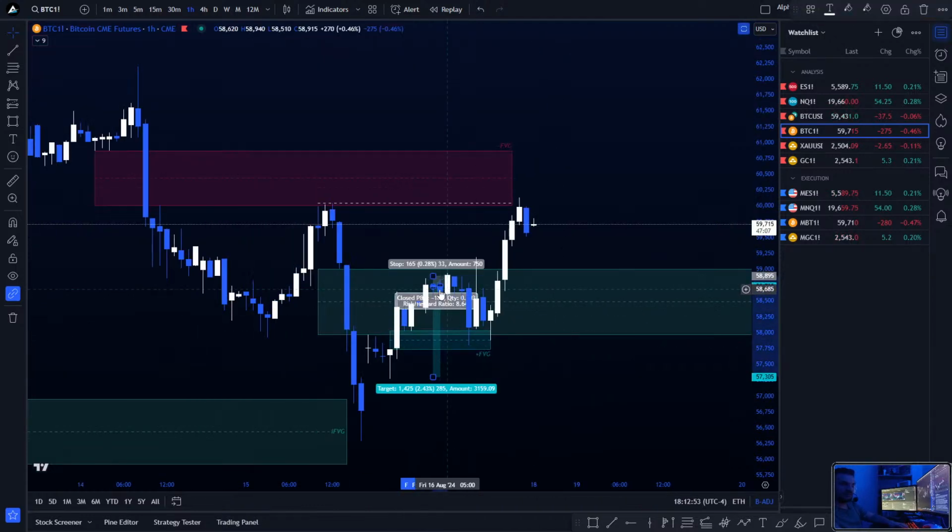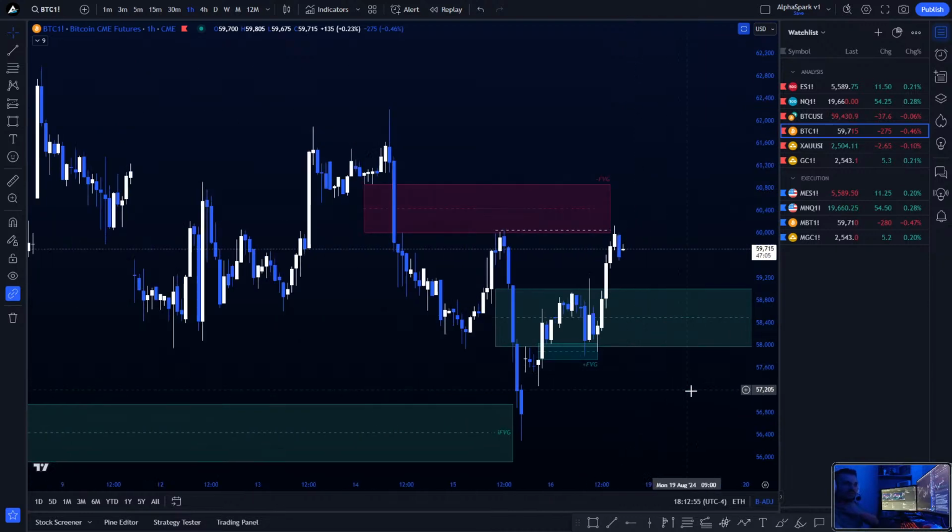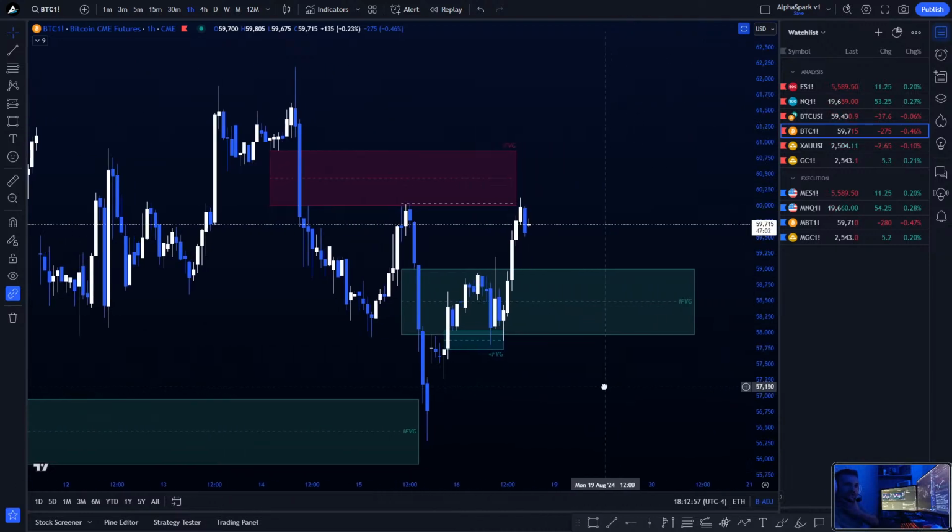We do not want to break that once again. It's completely allowed to come back, but not to go below this low, because going below that low would be a bad sign in my opinion. So this gives us a narrative confirmation for the idea